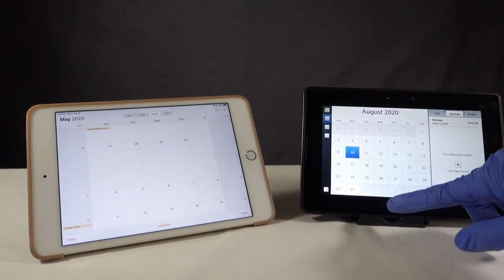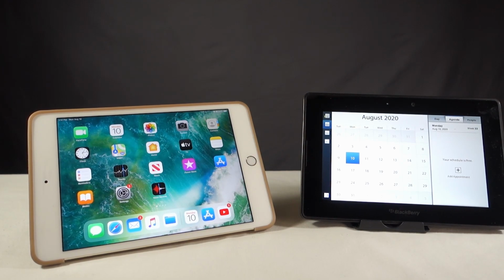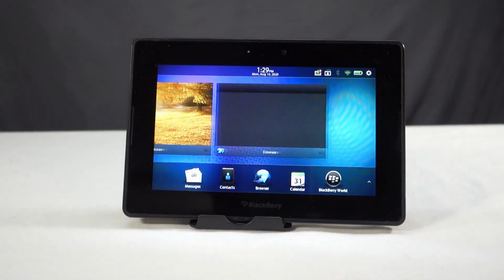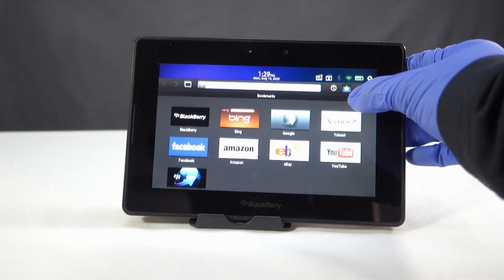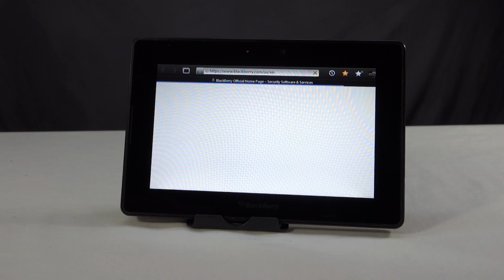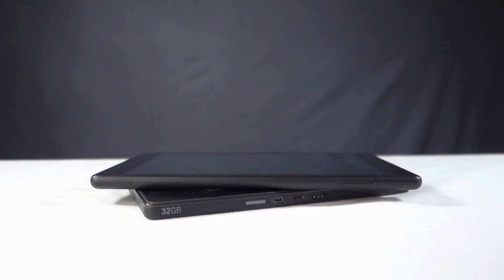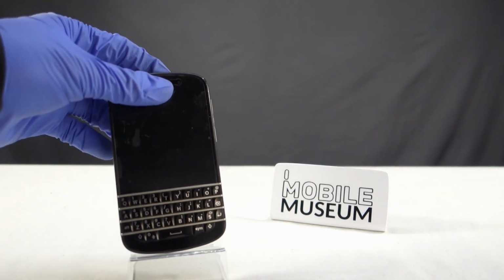Everything wants to rewrite what has already been established, and it seems like for every innovation that was ahead of its time, it was a demonstration of ignorance at the same time, a failure to understand that it had already lost control, that Apple's revolution had already taken over. BlackBerry should have been making a retreat. They should have been working on making a recovery. And some would say it was arrogance, but I think it was only human to do. Perhaps it would have been better for them to blend in with the crowd, to copy everyone else. The gloved hand places a BlackBerry phone with a keyboard on the table, and to follow like lemmings, but BlackBerry